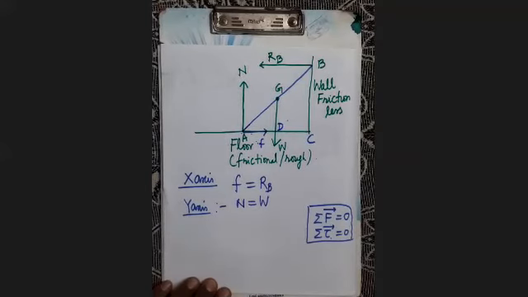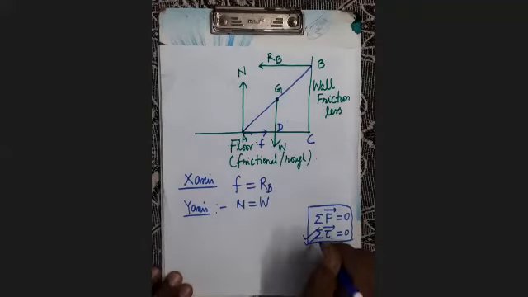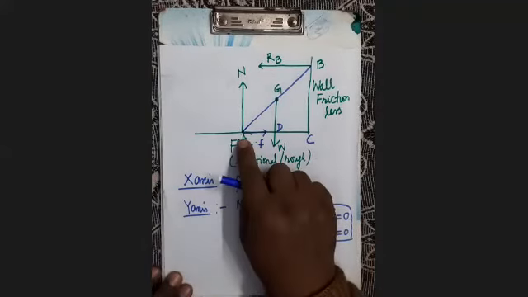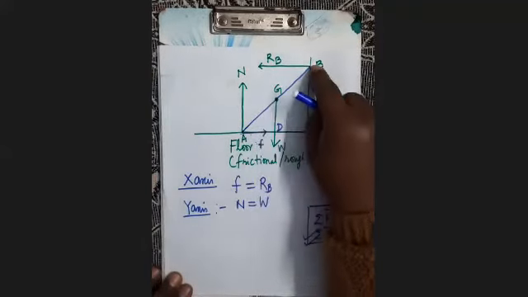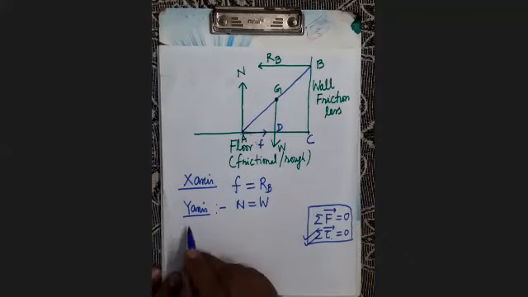Then we will see the moment of forces which are acting, because it should be in equilibrium. In equilibrium, torque should be zero. So see here, we will determine the torque about the point A. It's clear? Because if it is in equilibrium, then torque about point A, torque about point C, torque about point B, all will be zero.